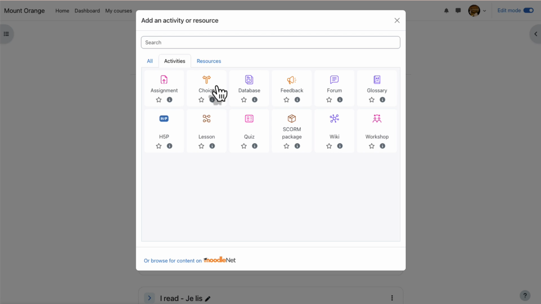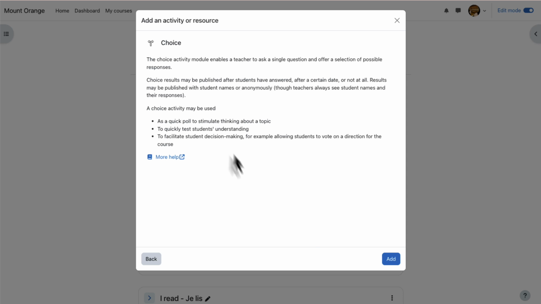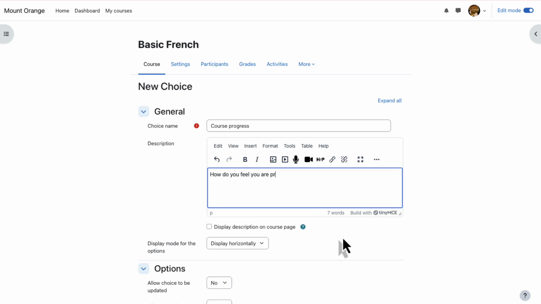Choice is an activity because students are interacting with Moodle. Click once to go straight to the setup screen, or click the I for more information and then click Add bottom right. The first thing to do is give it a name which will identify it on the course page for our learners, and we can give a description if we wish